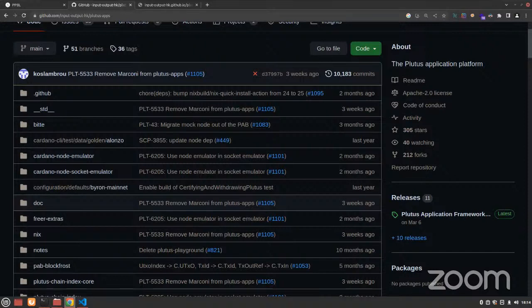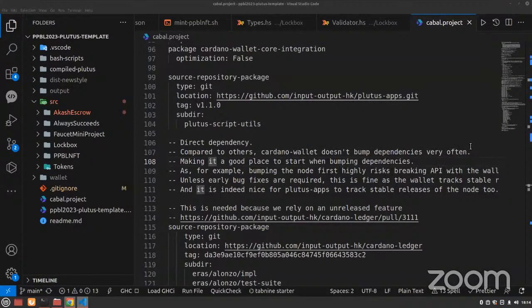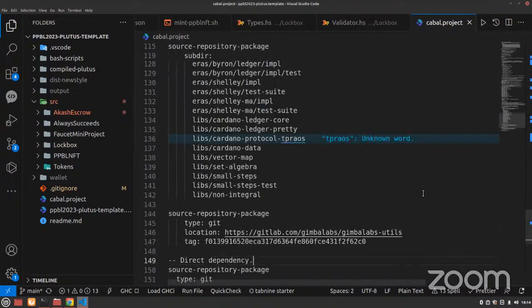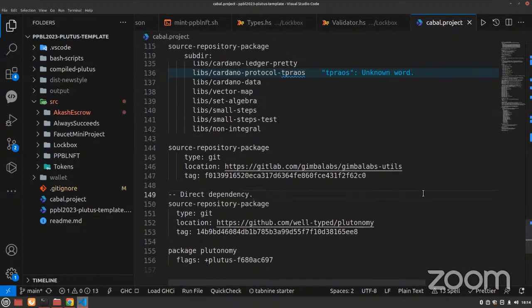Jawar? Sure, go ahead. So I have a question. For example, for a project, there is a cabal.project file, right? And it has all those dependencies in it. If we have Cabal installed on our local machine and GHCi installed on our local machine, and if I run cabal build, it will automatically install all those dependencies locally. Am I correct? Yeah. So if I'm correct, where is the need for this plutus-apps and the Plutus repository? Well,